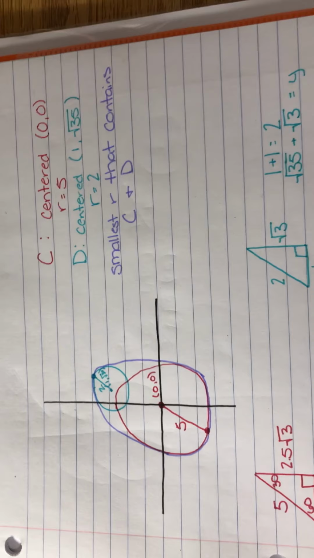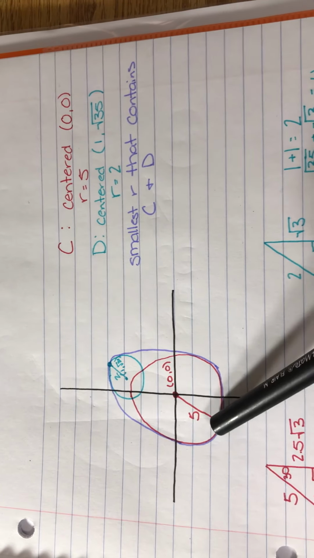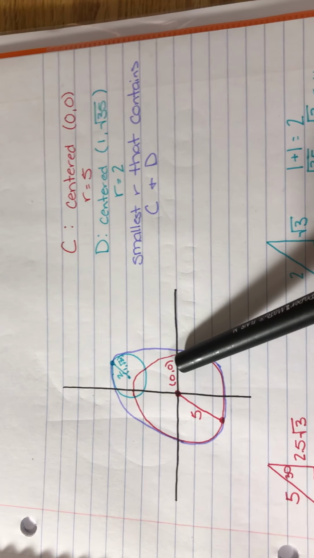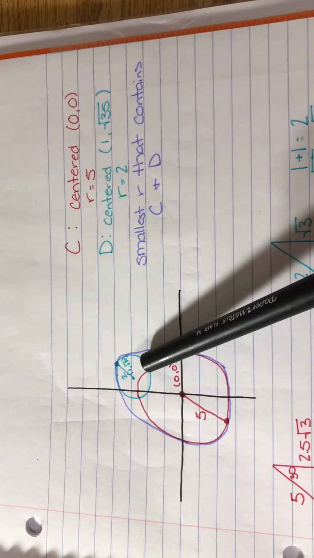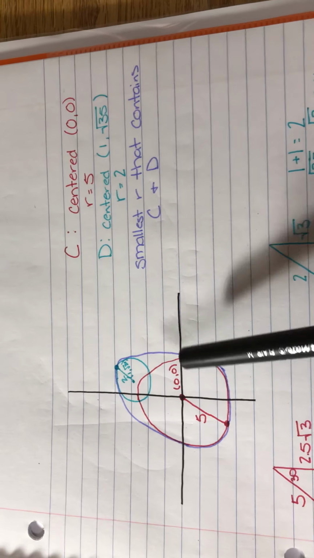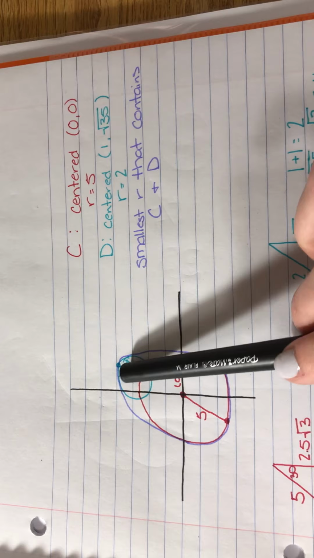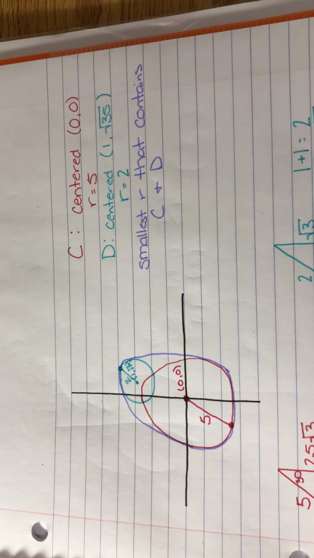So I drew my diagram here, and this is circle C with a radius of 5 centered at 0, 0. And then this is D with a radius of 2, centered at 1, square root 35. And then we're trying to find this purple circle that will go around both of them but have the smallest